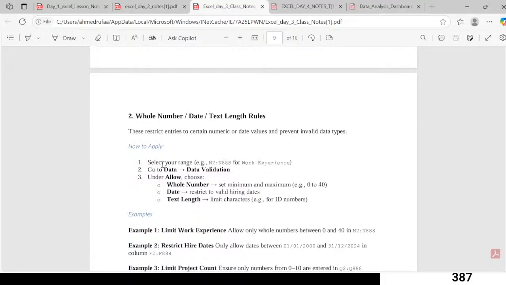So how to apply? Select the range, enter N8, H8, work experience, go to Data, and under Allow choose whole numbers. Maybe minimum 0 and maximum 40. Restrict valid hiring dates. Okay, you can put a specific date, and you can restrict it by putting that data validation. Text length: you can put a specific length of number of characters, and if someone exceeds those characters, he will be refused entering that value. Okay,